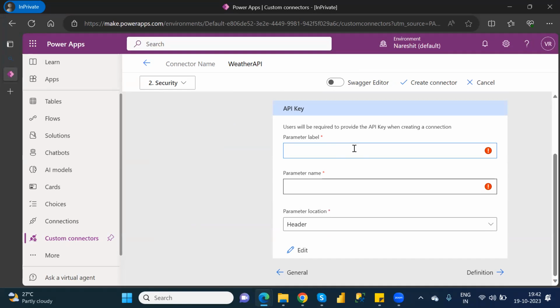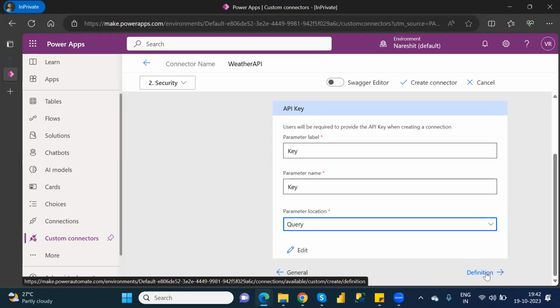Suppose, for example, I'm giving key. Whatever parameter label name you give, you have to give the same name for parameter name also. Just copy and paste it here. And the parameter location is query, so you have to select the parameter location as query, and